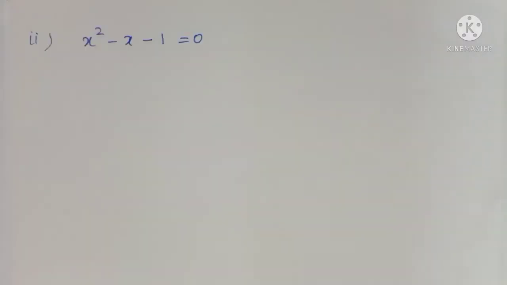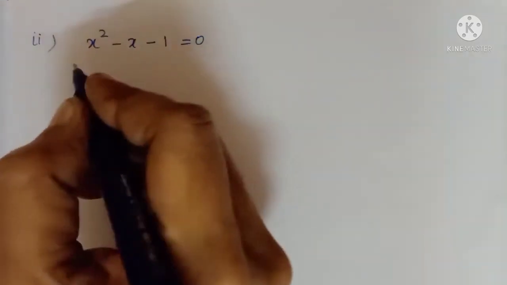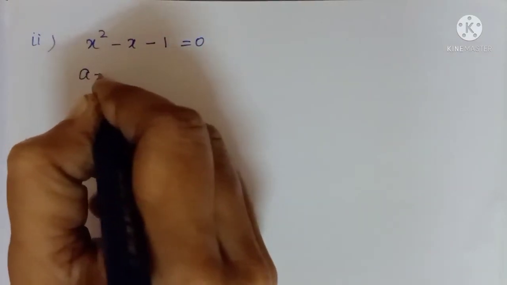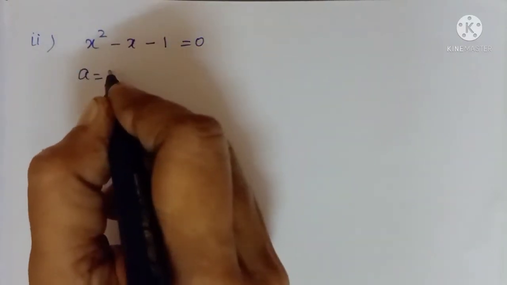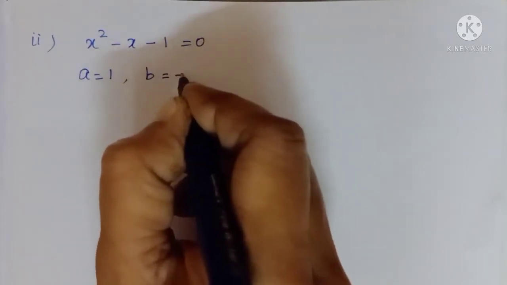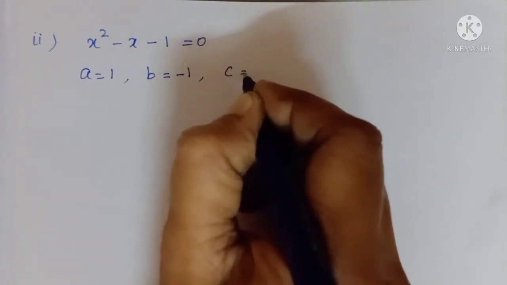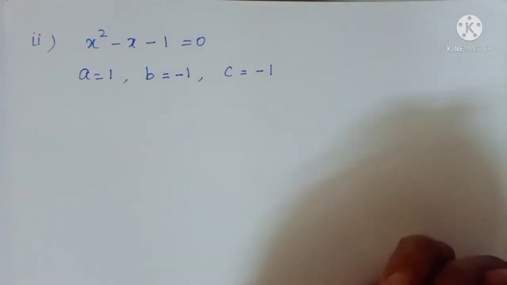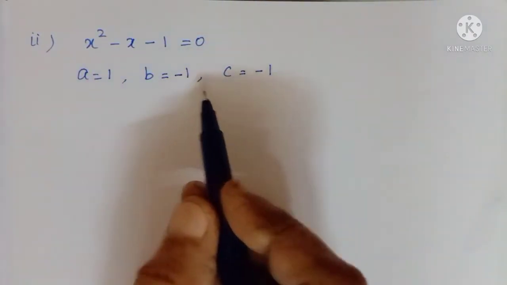Okay. Now see second subdivision, x squared minus x minus 1 equal to 0. Here what is the value of a? 1. Coefficient of x squared is no number, means its value is 1, and coefficient of x is minus 1. So b is equal to minus 1. Then c, the constant term, is also equal to minus 1. Now we know a, b and c values.